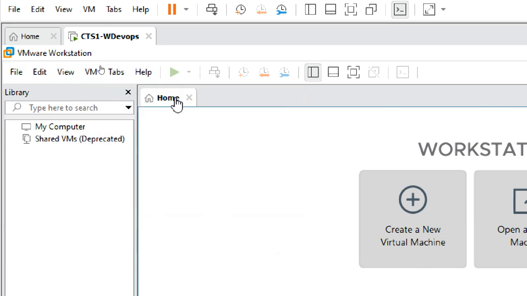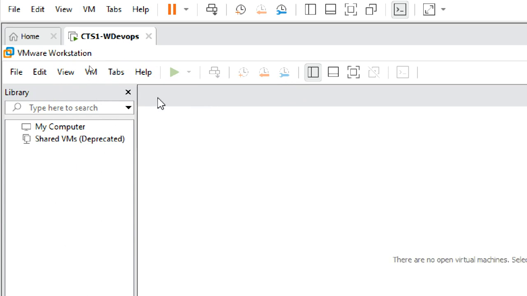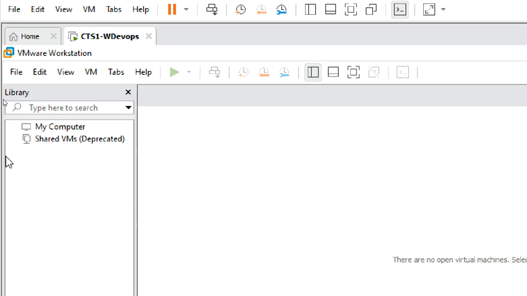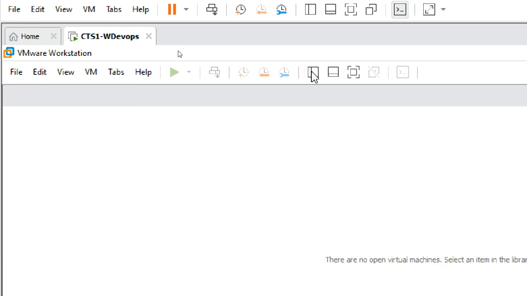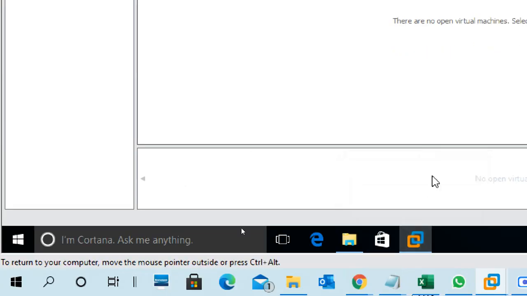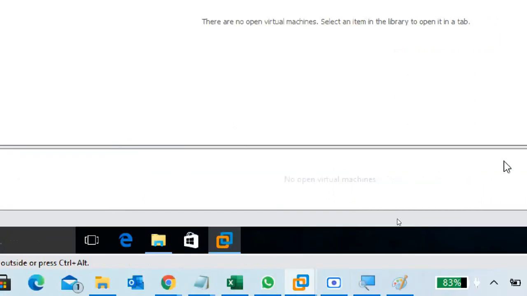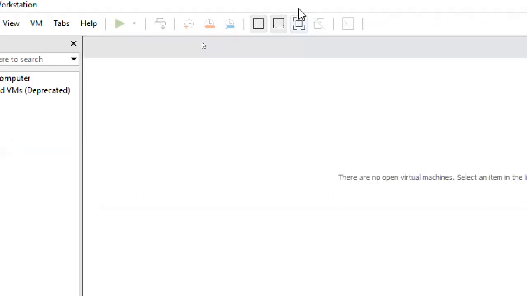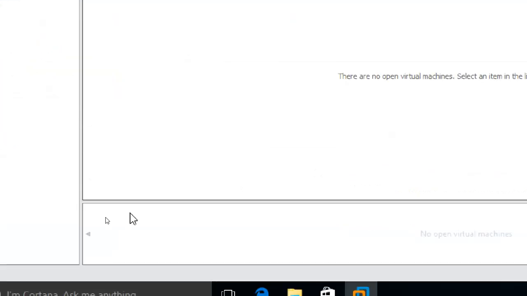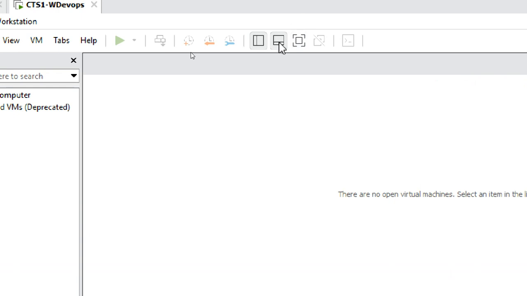Okay, next one is the Home tab. You can see the Home tab. For example, accidentally you closed everything. Can you see this tab? This is for the left side window, the Library side. This is the Library. At the bottom, it shows how many virtual machines are running, the running virtual machines status. You can unselect it also. If you need it, you can put it, otherwise it's a waste.